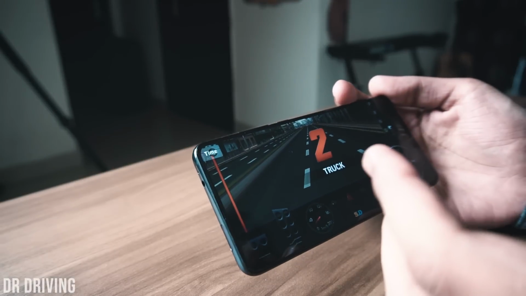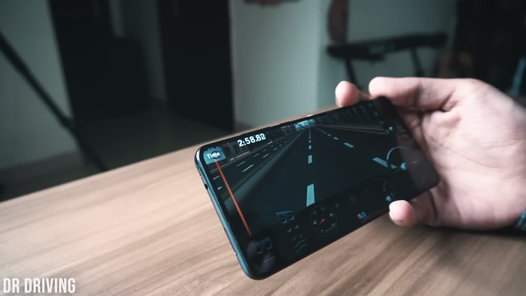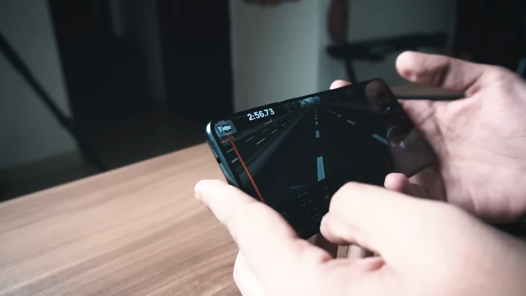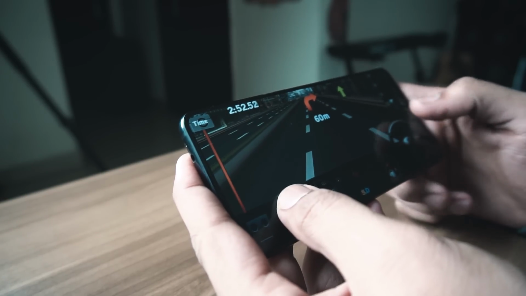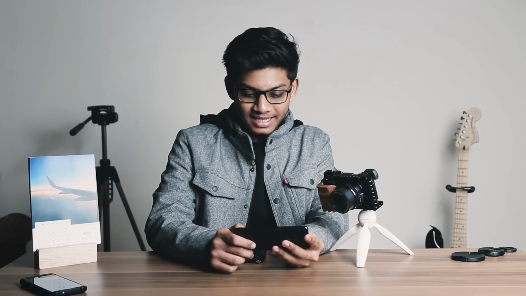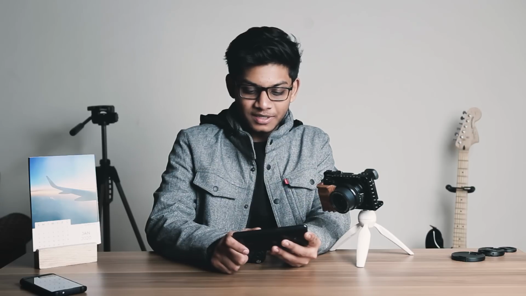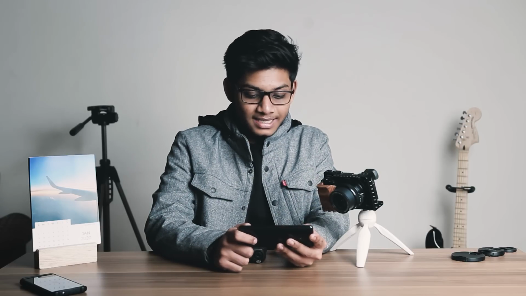Alright guys, next up we've got Dr. Driving, which is a driving simulator if you already haven't played it before. Now I am aware that there's a new version out there, but the thing with the new version is that it's not as polished and it doesn't give me that original Dr. Driving feel. The soundtrack in this game, if you guys have played it before, and the different elements in this game look absolutely great. This is one of the best games when it comes to driving simulators on the Play Store,